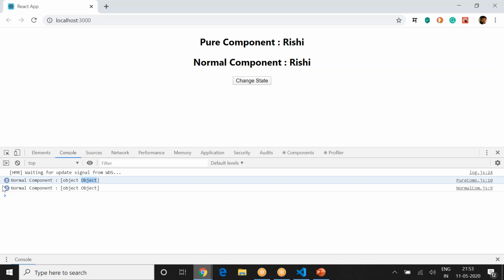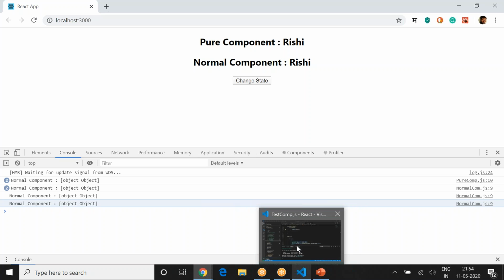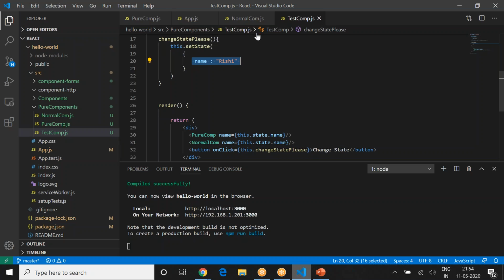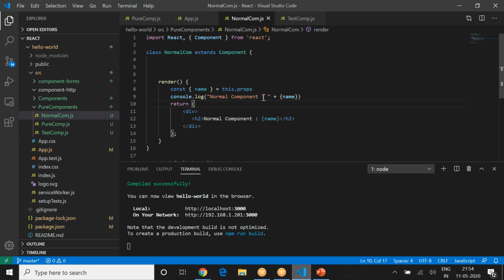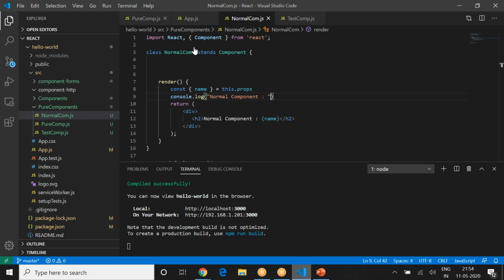And go ahead, change the state. Okay, saying normal component, but there is nothing for pure component. Do one thing, just remove this name from there. If you remove the name, it will actually print the name also. So just say normal component without name, so that it will not be an object, and pure component.